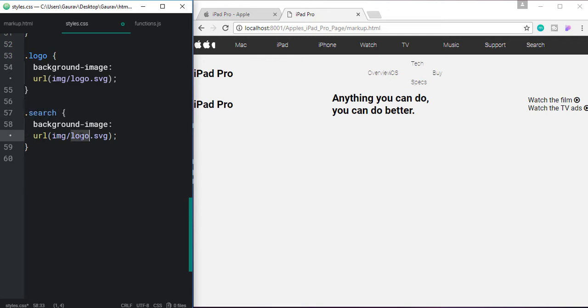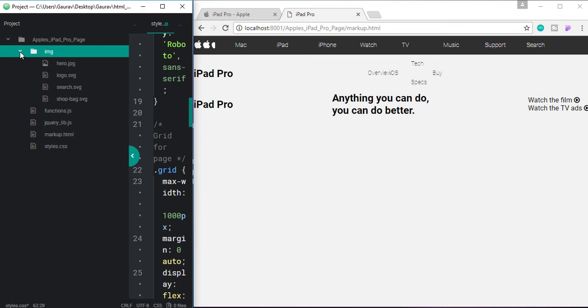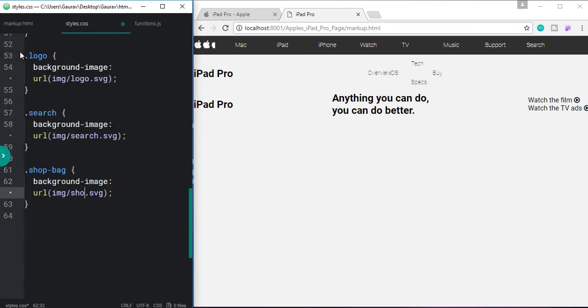So the search dot svg, and the shop bag gets its own background as well. So what is the name of that? Okay, the shop-bag dot svg.